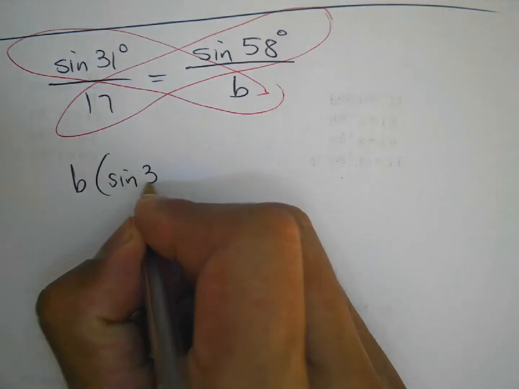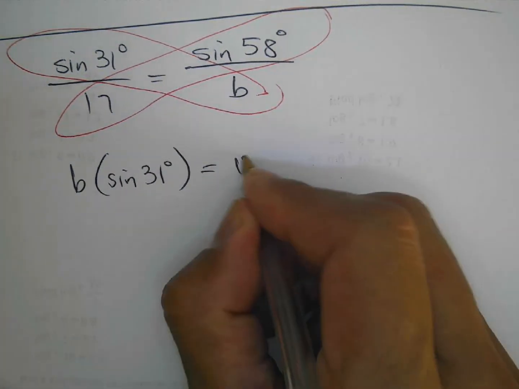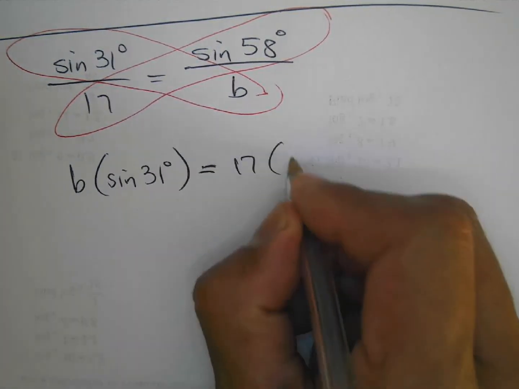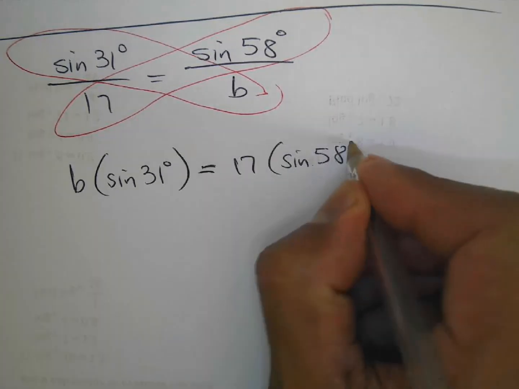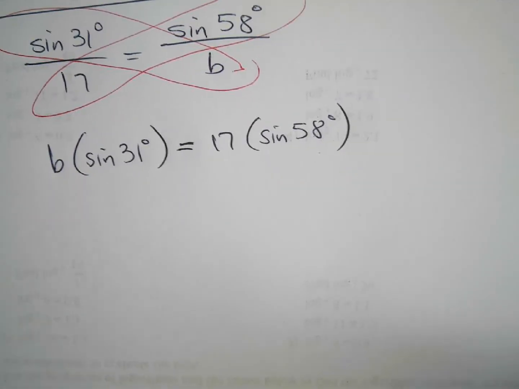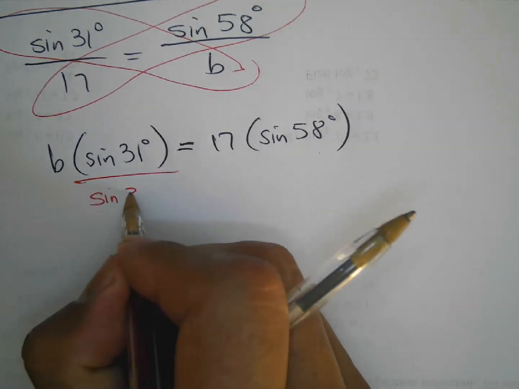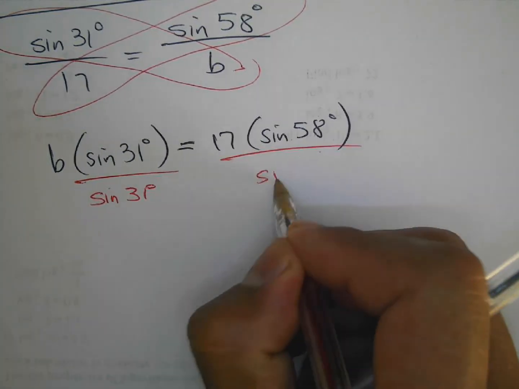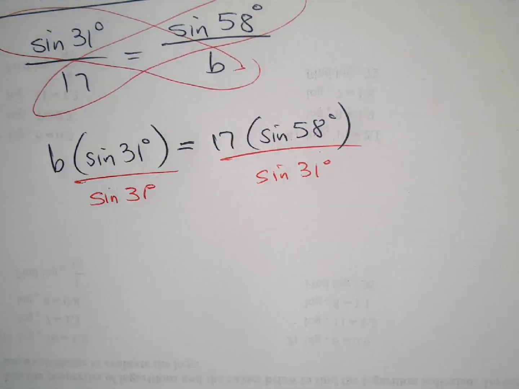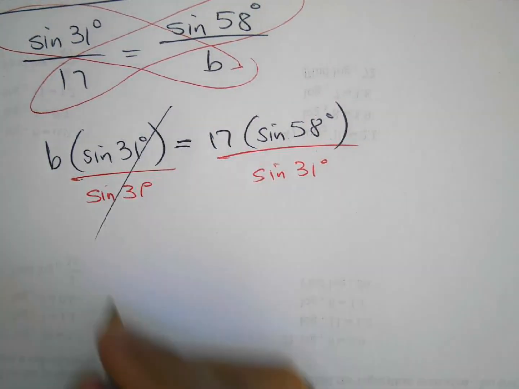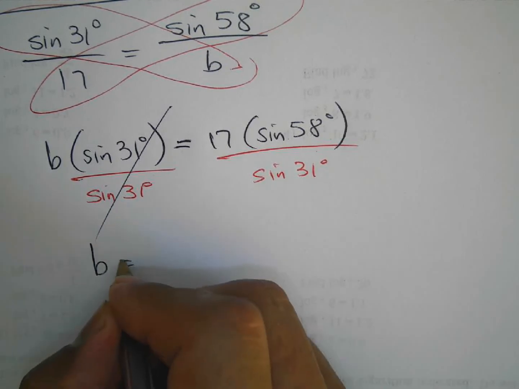B times sine of 31 is equal to 17 times sine of 58, divided by what? We're going to solve for B. Sine of 31 divided by sine of 31. We want to get B by itself. We get B is equal to